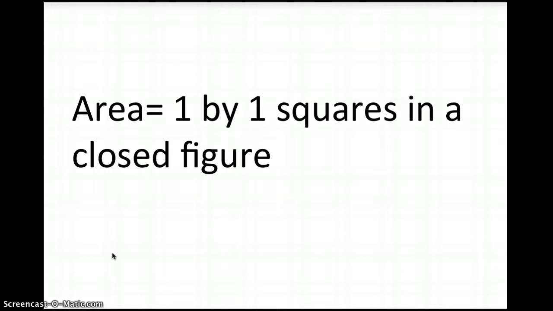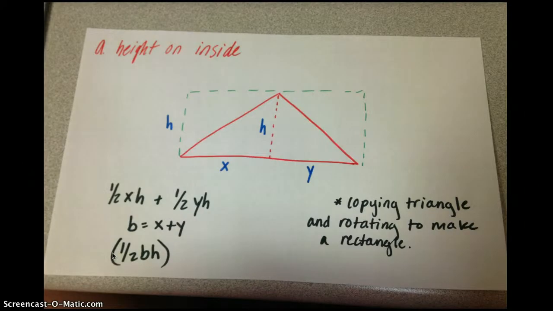First, the area is the number of 1 by 1 squares in a closed figure. They don't need to be touching each other, but that is how you count up what the area is in the triangle: by counting how many 1 by 1 unit squares are in the figure. The first way to find out